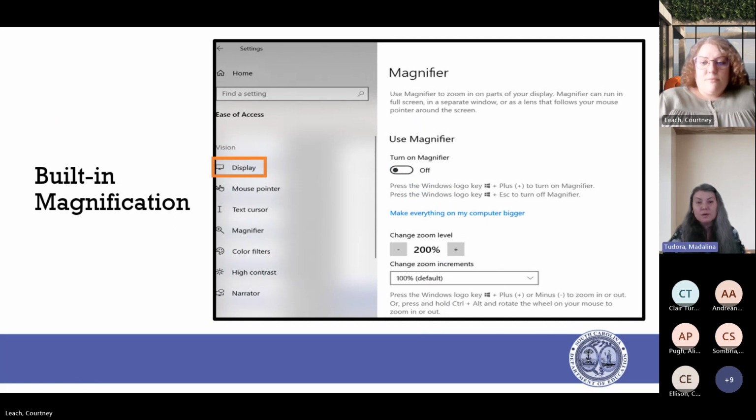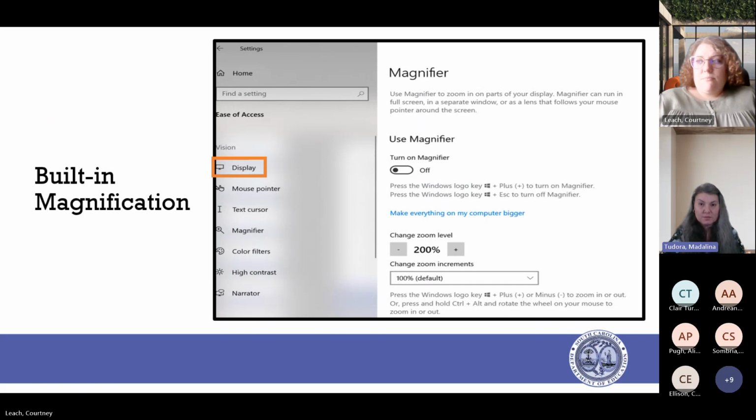Also for magnification, I talked about zoom options a little bit ago. You do have that option too to use a magnifier. This is also in Microsoft. All of these are on a PC. All these screenshots were taken out of Ease of Access, as you see there.